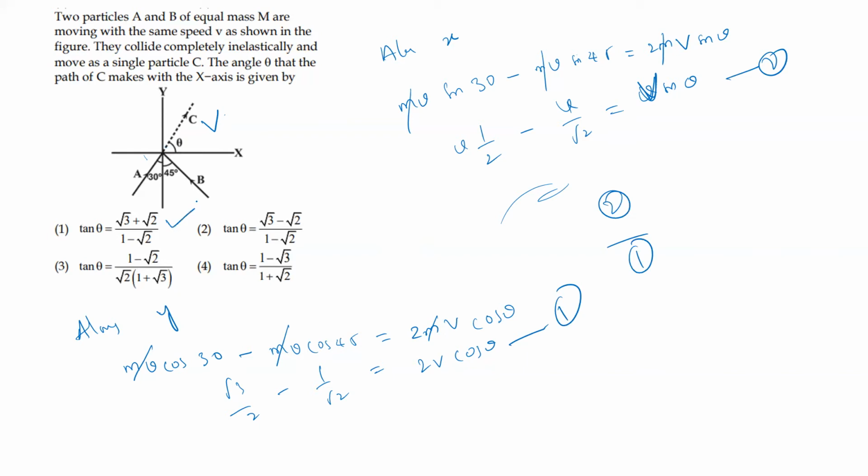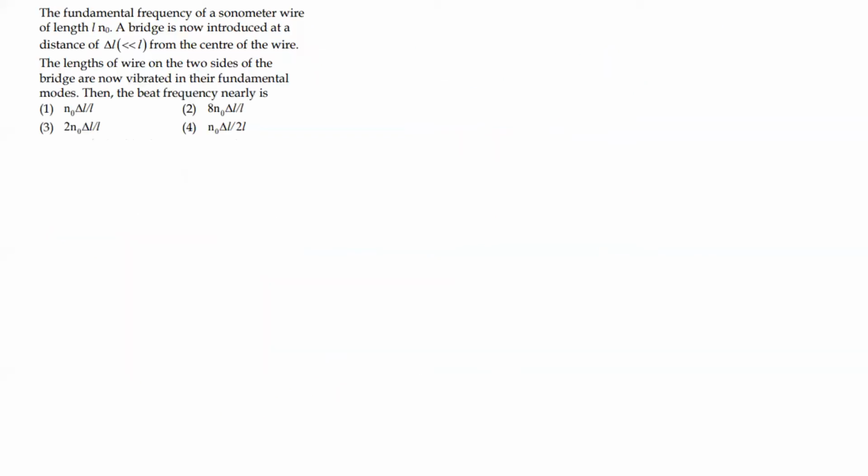So simply, we take linear momentum along the x-axis and y-axis before and after collision. Okay, next: the fundamental frequency of the sonometer wire of length L is N naught. A bridge is now introduced at a distance delta L from the center of the wire. The lengths of the wire on the two sides of the bridge now vibrate with their fundamental modes. Then the beat frequency. Okay,